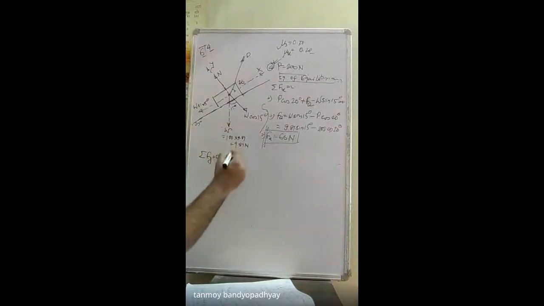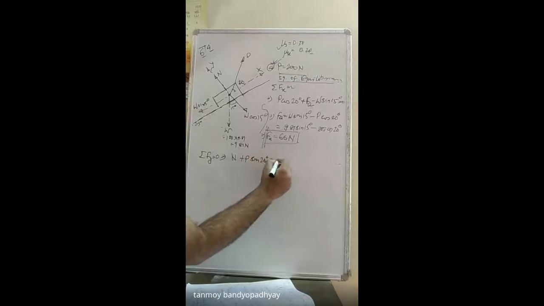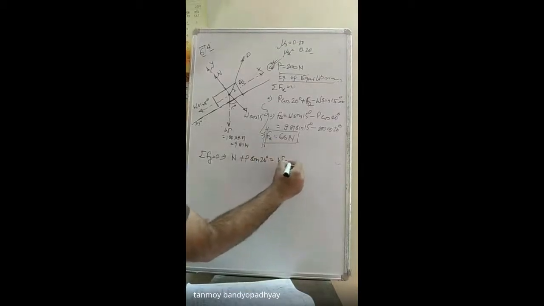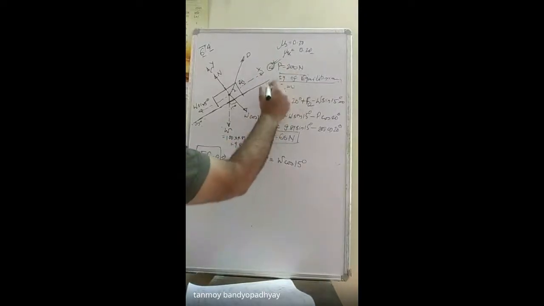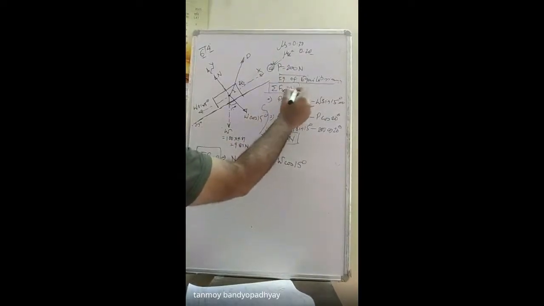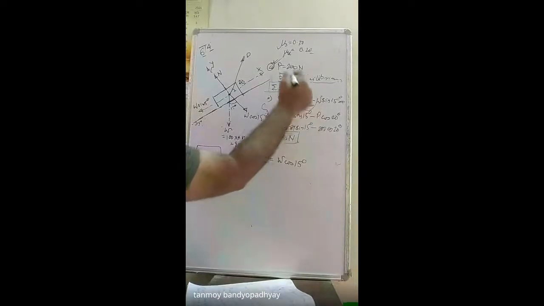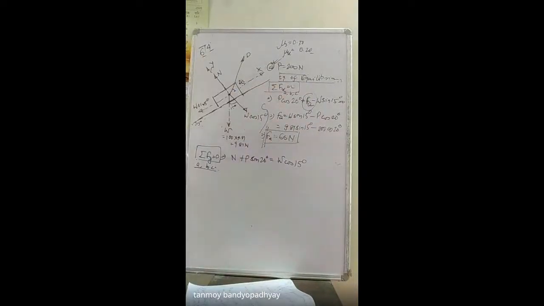So now we do sigma Fy is equal to 0. So what will be Fy? Fy will be equal to N plus P sine 20 degree, that is equal to W cos 15 degree. See, this is independent of the friction, meaning there is no part of the friction or self-adjusting force in this. So it will be common for the parts A, B and C. This expression will be common for the parts A, B and C, but the friction expression will differ for parts A, B and C because friction is present here, and this friction is self adjusting as well as it can change direction.